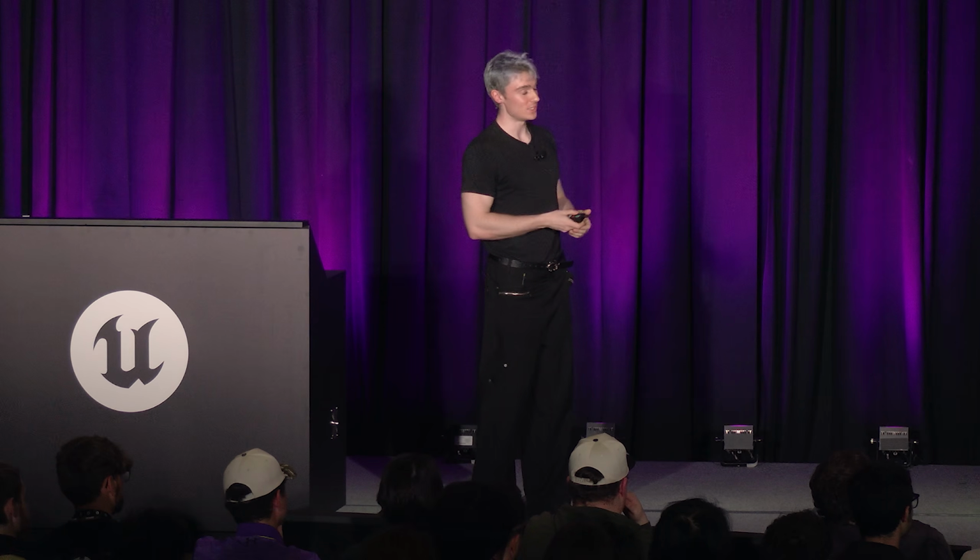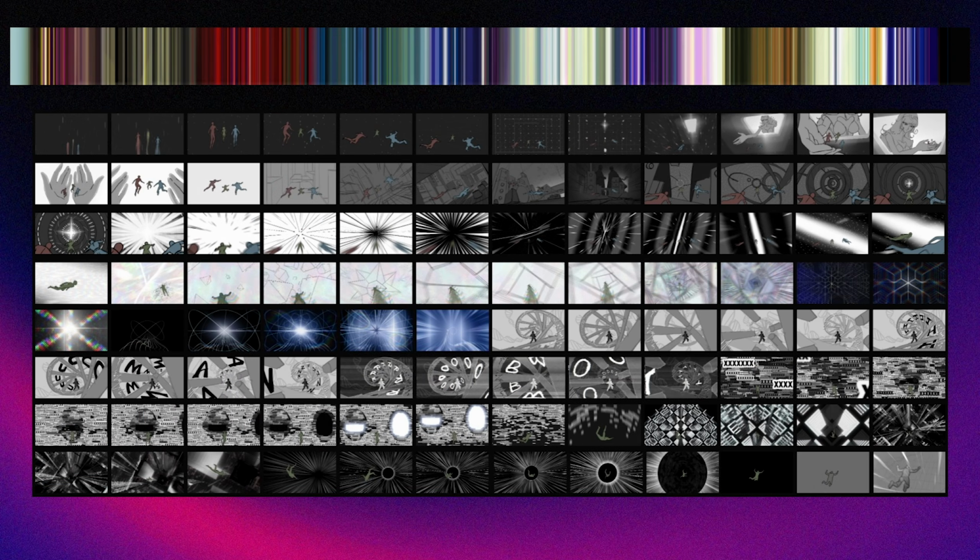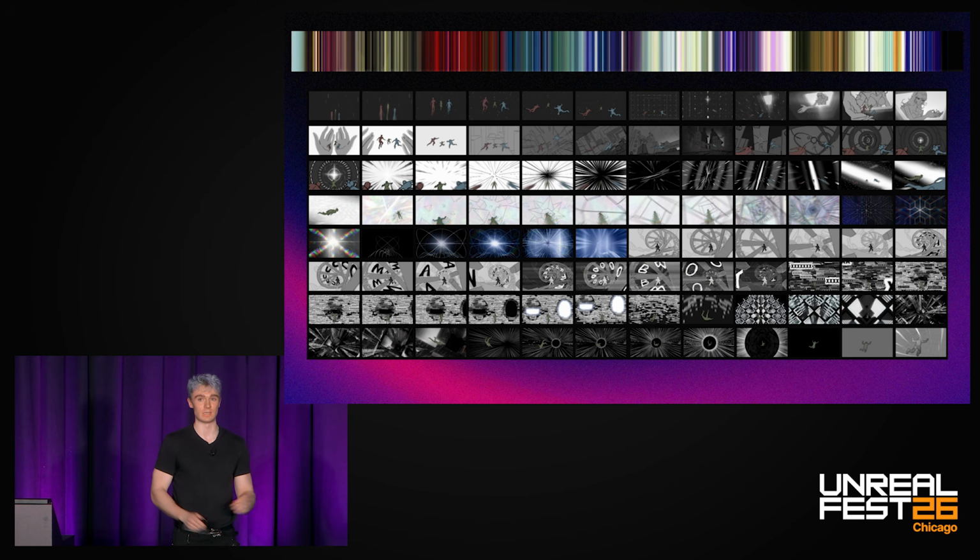So now a deep dive into Contact. I'm not going to go through one thing like I did for Alive. Instead, I'll do sort of rapid fire through several different effects. So the first thing we did was board the entire thing and make a color script. The reason I'm showing this, because you might be like, oh, this is standard on every production, is as a procedural and abstract artist in the past, I tended to make the mistake of thinking like, oh, I'll just make a math system and then I'll just let the numbers kind of resolve into something cool and then I'll ship